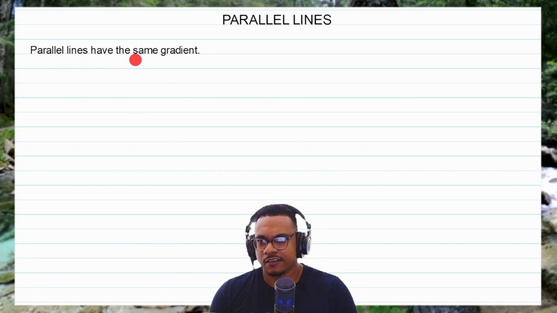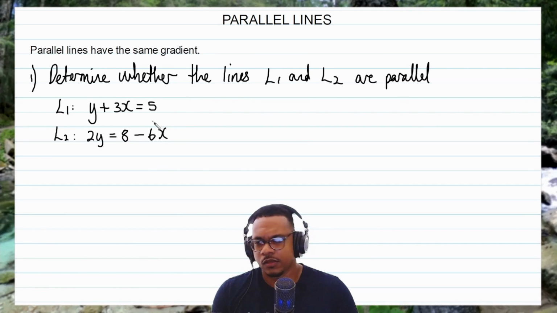Parallel lines have the same gradient. So my question is to determine whether the lines L1 and L2 are parallel. L1 reads y plus 3x is equal to 5, and L2 reads 2y is equal to 8 take away